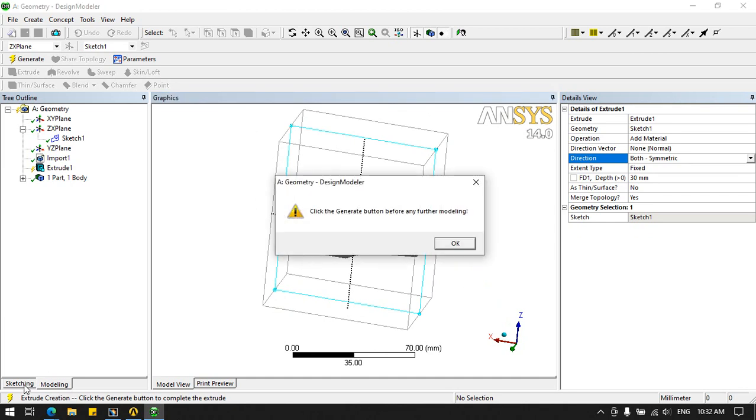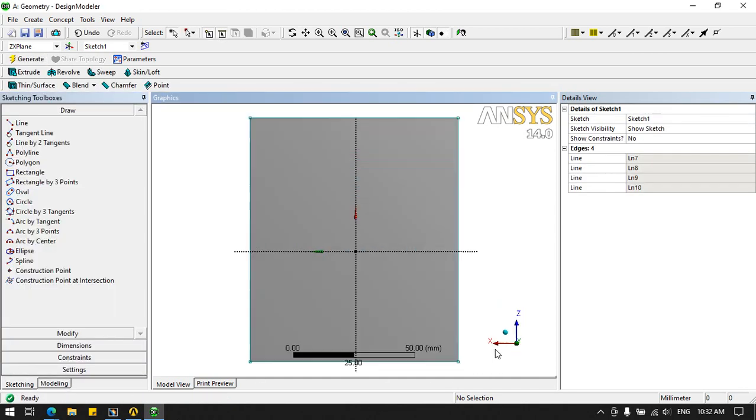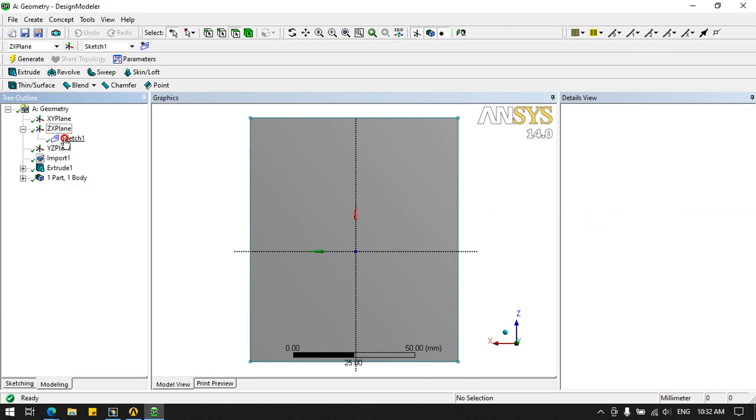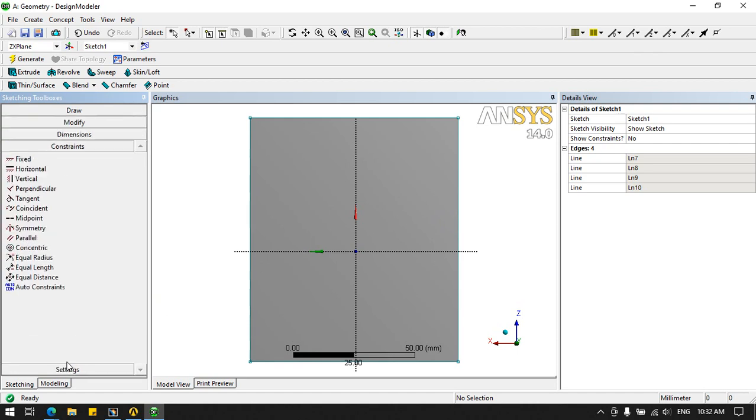If you want up to this location, let me go back to sketch. Make sure that this one touches this line. Constraint, coincident, select this line and select this line so that it can touch.